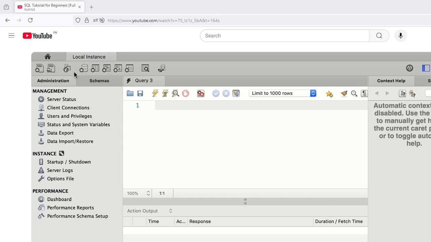So here on the top, we've got this toolbar with these buttons for creating a new tab for writing SQL code, as well as opening a SQL file. And next to that, we've got a bunch of buttons for creating a database, creating new tables, and so on. On the left side, we've got